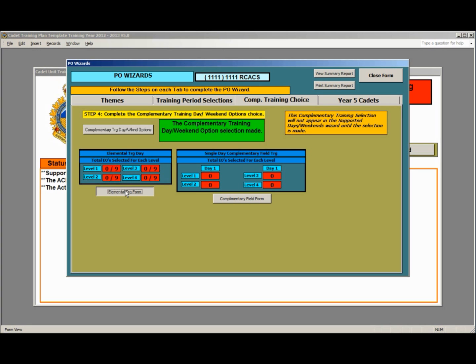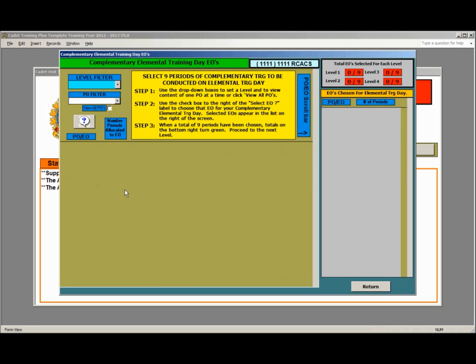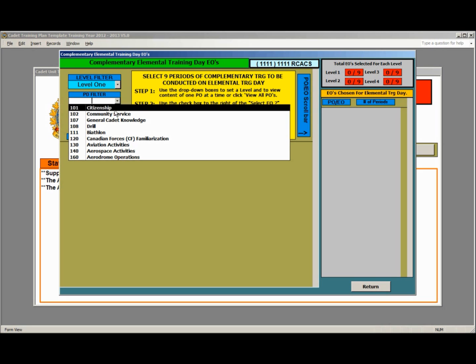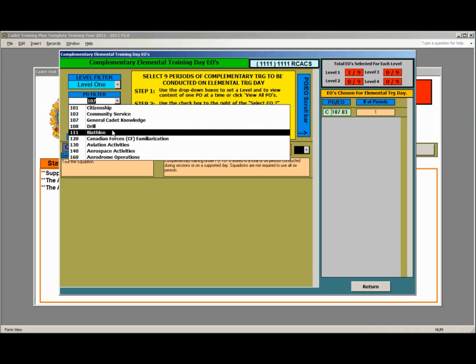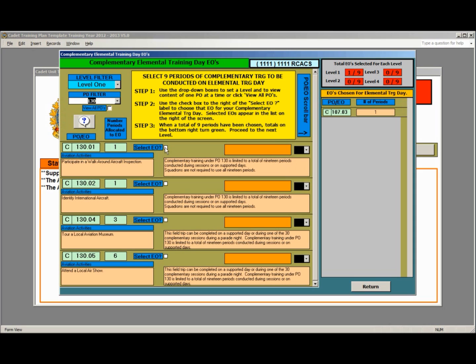For the elemental training form on the elemental day, again, you have to pick 9 EOs for each training level. And the content selection works exactly like the screens that you've already been using. You pick your training level that you want to initially work with. You've got your PO filter selections here, and you simply select the EOs that you want to work with. They become shaded here and populate in the list to the right, and the totals boxes start counting for each level as you make your selections, and you continue on to your next PO. And you just make your selections,